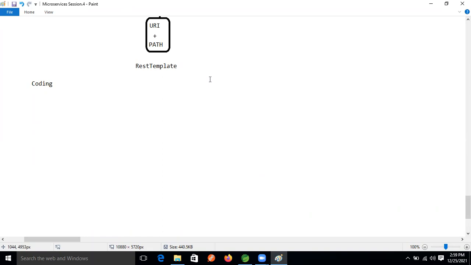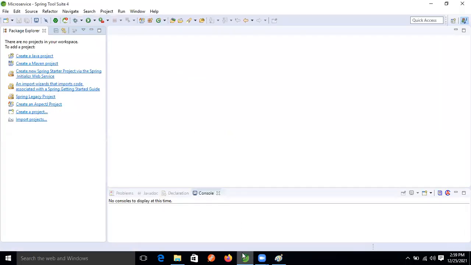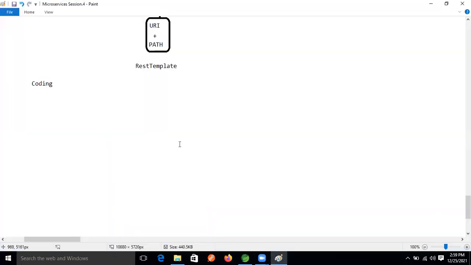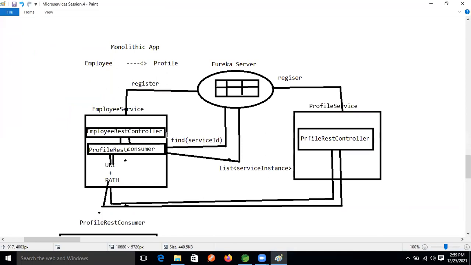So first we will develop the Eureka server project. Now see, I'm going to prepare the project, guys. First let's construct this area now. Clear?